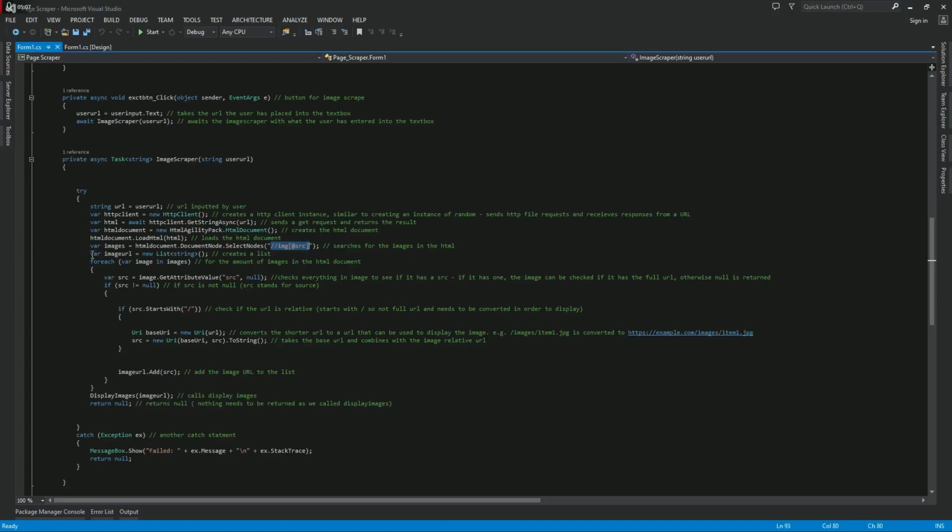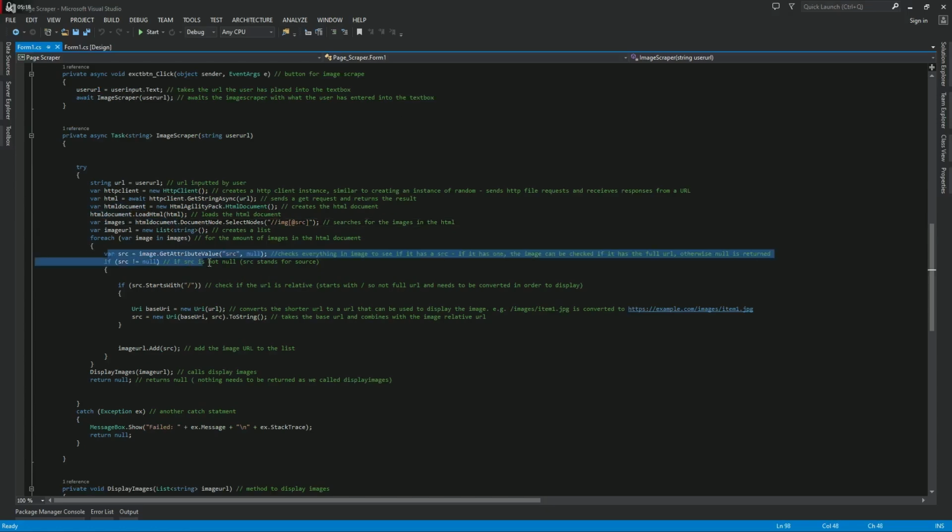Then we're going to create a list for that, and for each image in images. So for as many images on the website in the HTML document, we're going to check everything in image to see if it has an src. If it does, this means we can actually take the image and get a URL for it, because some images might be shortened down or might simply not have a URL that we can retrieve to actually display. So if it is empty,